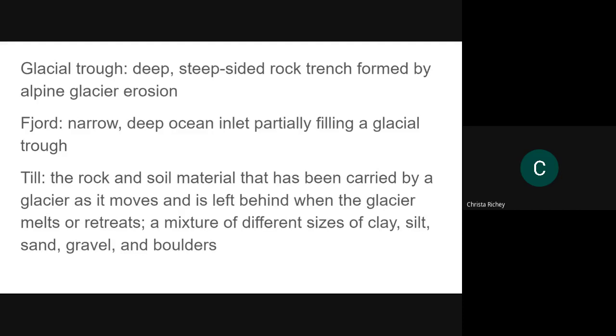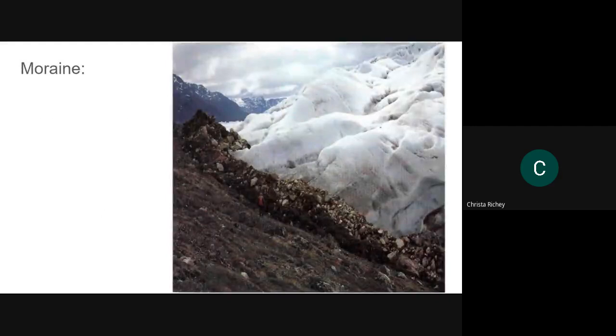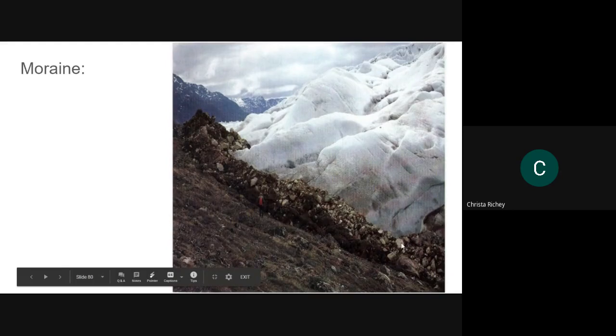This next slide, you guys don't have this in Canvas, but it shows you a couple of the things that have been mentioned. I said this dirt, this jumble of everything. In this particular image, this is what is called a moraine. I don't think I can zoom in with this remote. But if you take a look at the rocks, it's just one big hot mess. Everything just is pushed to the front of this advancing glacier.